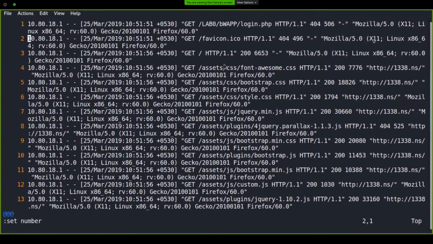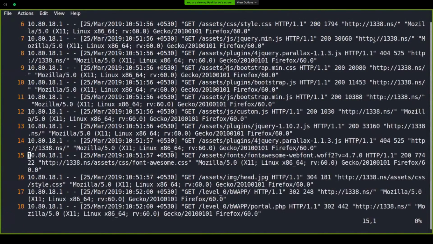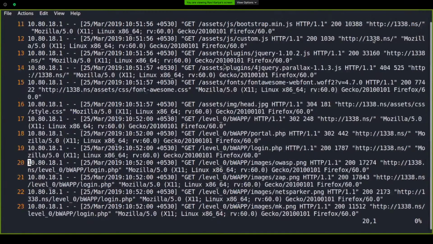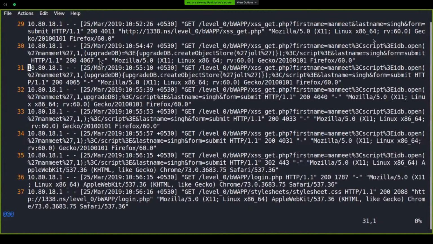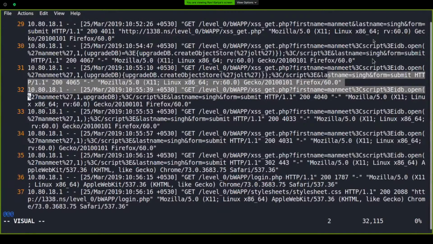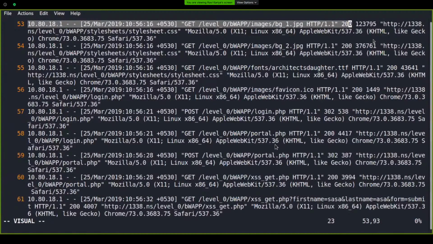Now I can see what he was doing with my web application. Here, at this point, he has tried to perform SQL injection, and he has also tried to inject some malicious JavaScript, and the name Manmit has been used here, and so on.